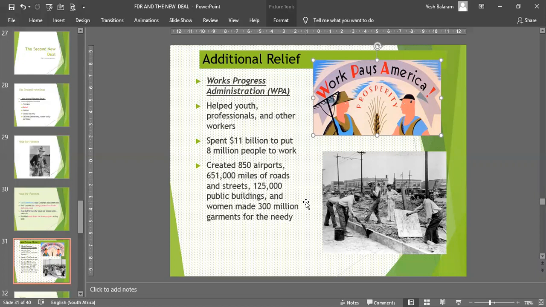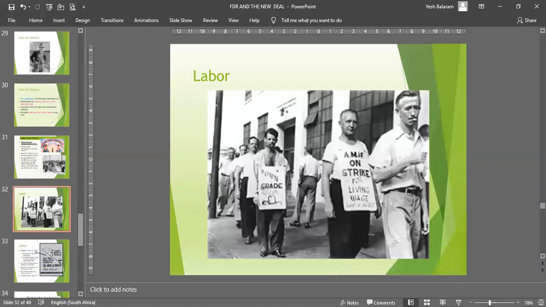There were 651,000 miles of roads and streets, 125,000 public buildings, and women made 300 million garments for the needy. So that was a staggering achievement for the WPA. In terms of labor,